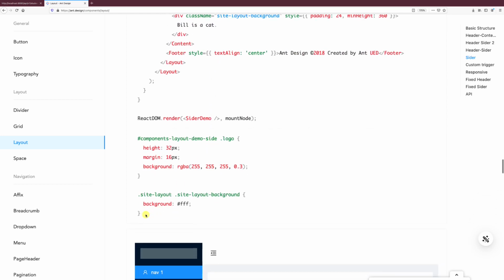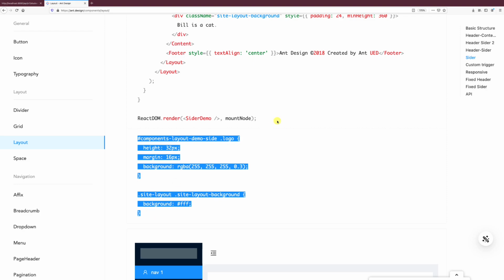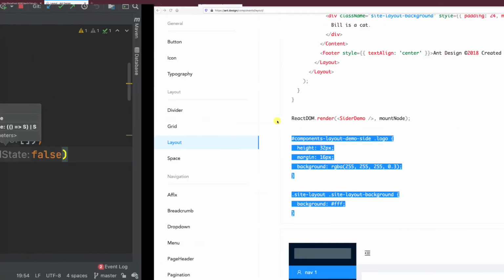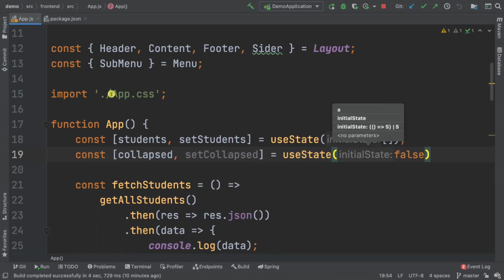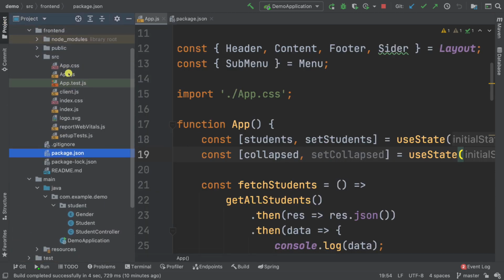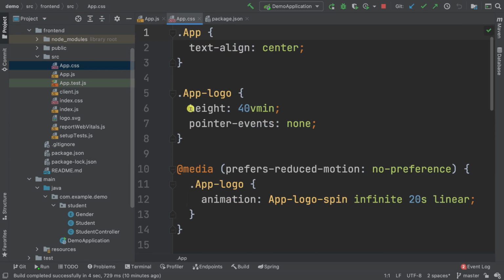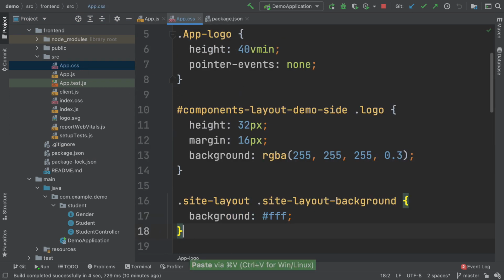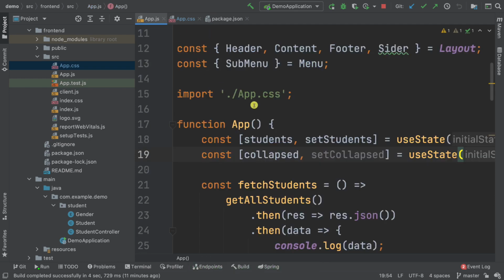And then we also need to add the CSS. So let's just grab this, and then, oops, not here. So open up app.css, and let's paste that in here. And let me go back to app.js, and if I collapse this,